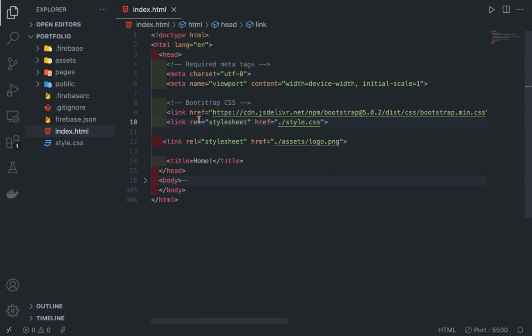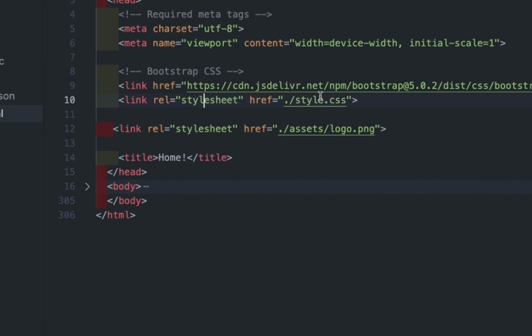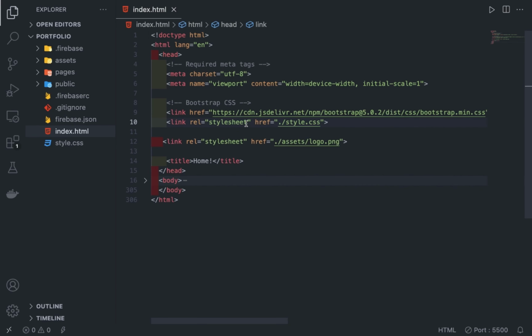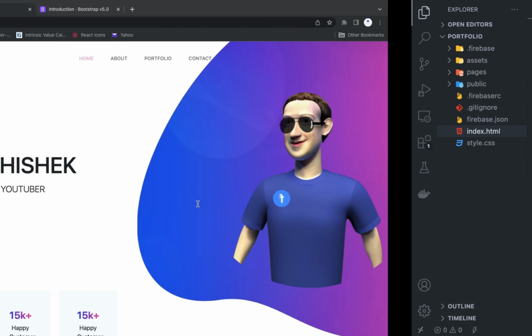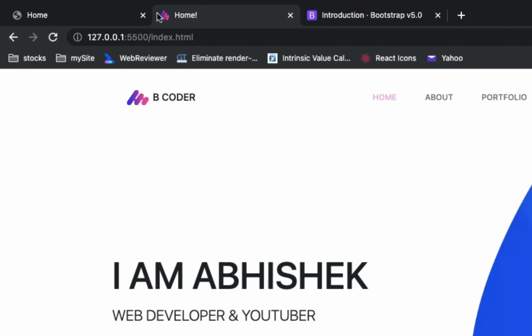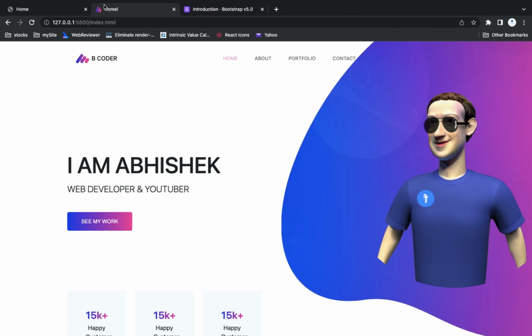So the use of this rel attribute, rel means relation attribute. Here we have given stylesheet. The href we are giving here, style sheet.css, means this is declaring that this file is a style sheet file, meaning a CSS file, and here we are adding a logo. So we have to change this stylesheet here, and we will provide icon, and I will save it and move to the browser, and now you can see the logo is present in our title bar.